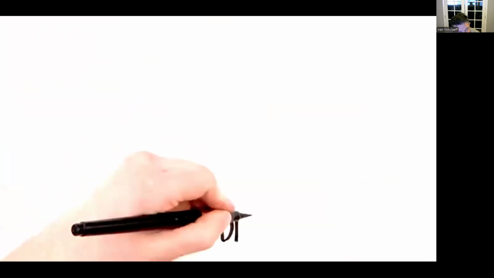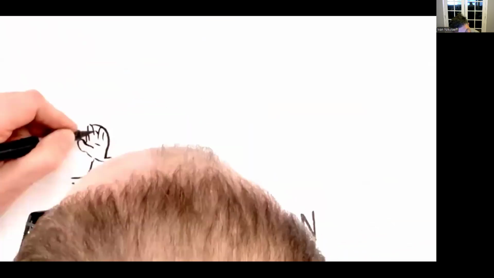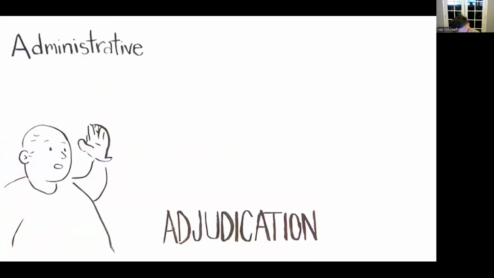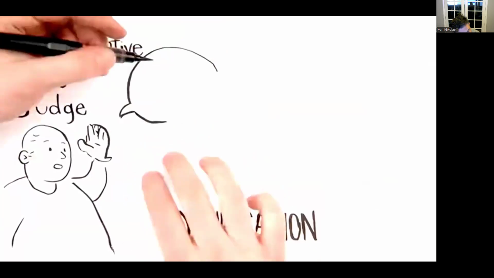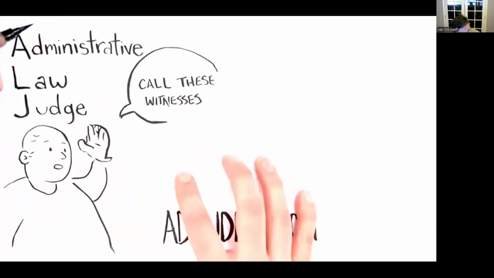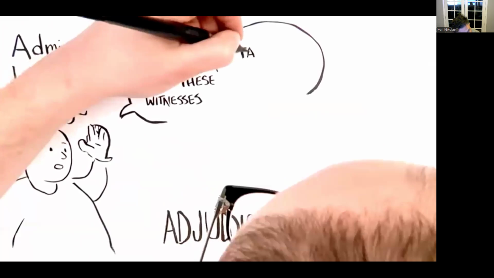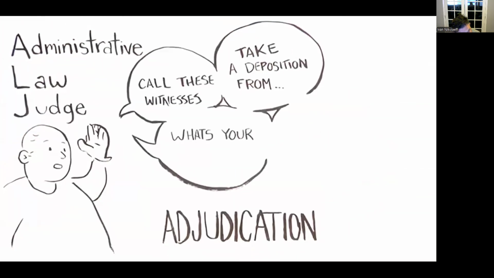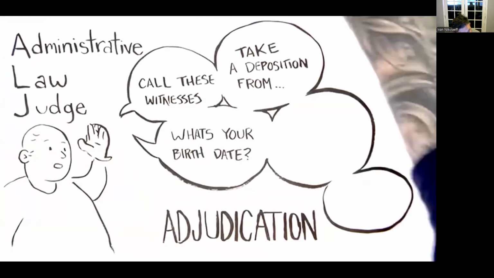Agencies also adjudicate claims of rule violations. For this purpose, the APA created the position of the Administrative Law Judge, or the ALJ. In general, ALJs have two primary duties in the administrative adjudication process. First, they oversee procedural things like depositions and witnesses, and they also determine the facts of the case. Then they make an initial judgment of the law and judge whether or not someone has broken the agency's rules.